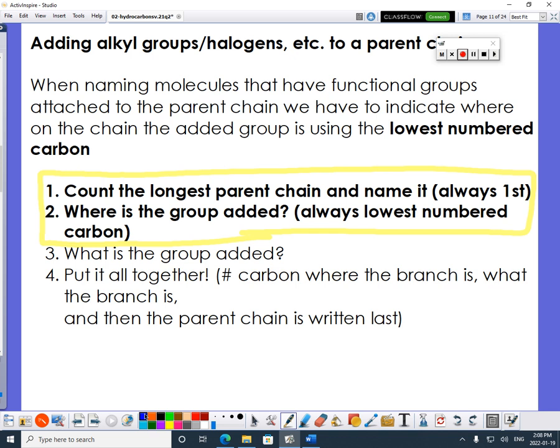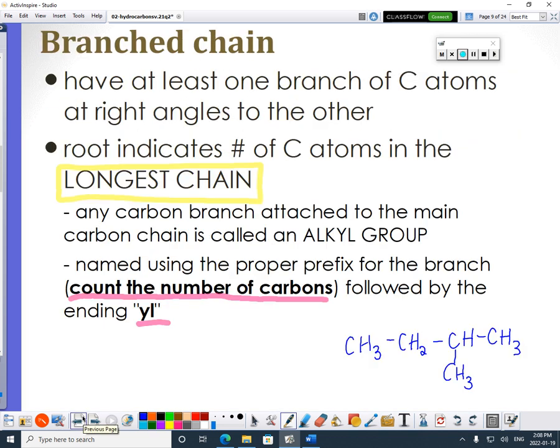Okay, so I'm going to go back and take a look at this. So if I go this way, we agree it's 4. I agree, I like that. If this is my longest chain, if I start on the left, this would be carbon 1, this would be carbon 2, and this is carbon 3. And there's my branch. But if I go this way, right to left, which is not instinctually what we would want to do, where would the branch be? What carbon number is it on? It's on, this would be 1,